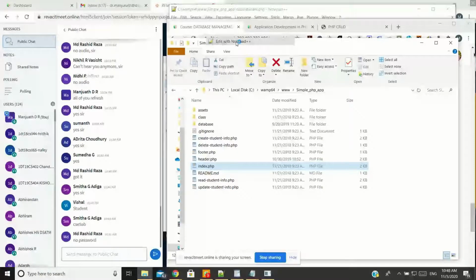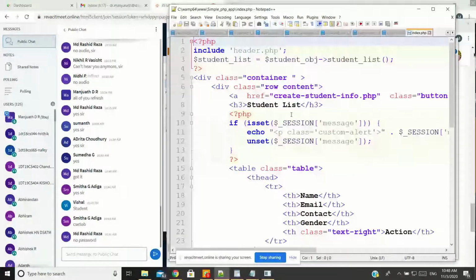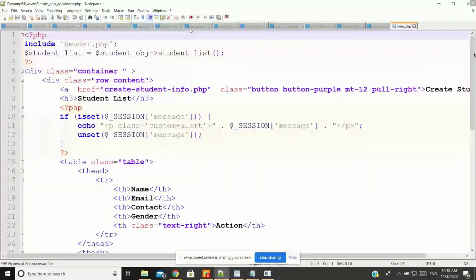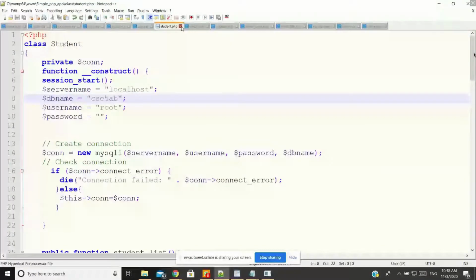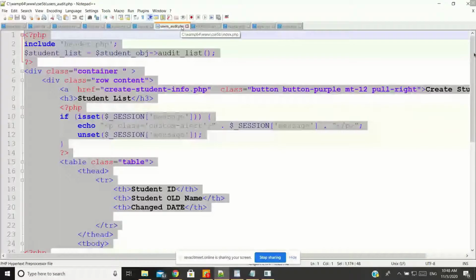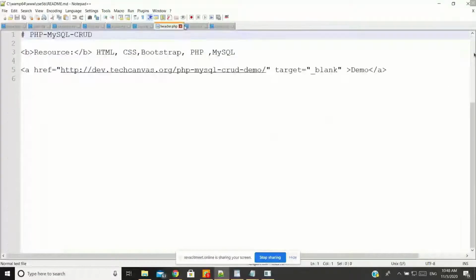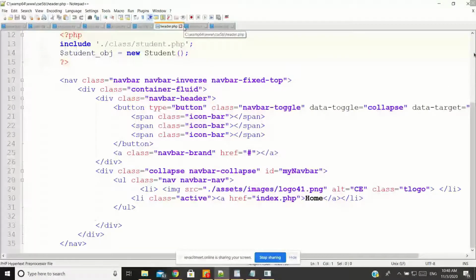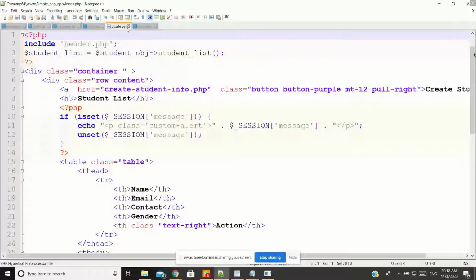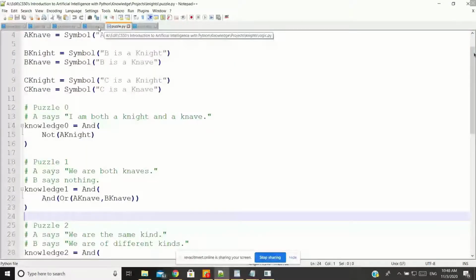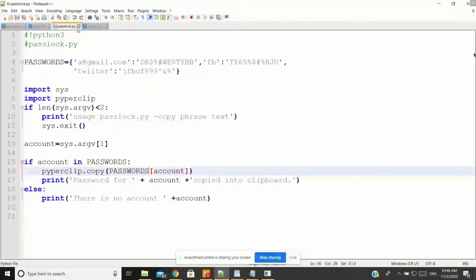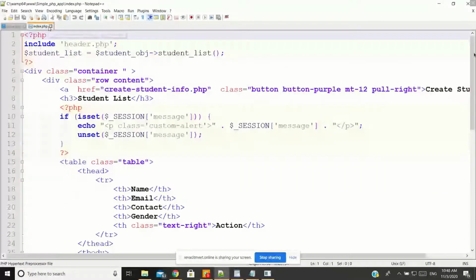For the sake of understanding, I just organized my work. Let us delete everything. This is my home page.